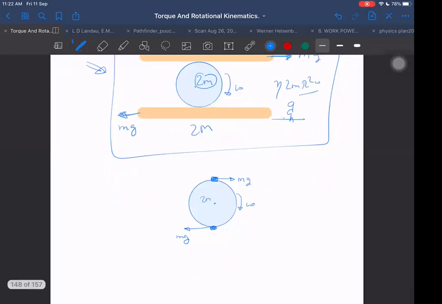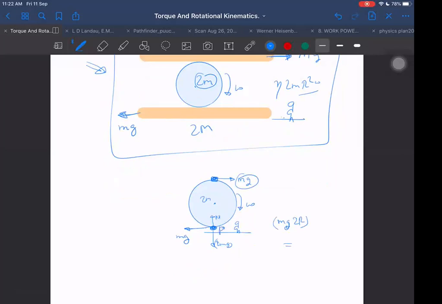What do we get? We get mg into, I will take torque about the bottommost point here. Then torque due to mg will become 0, otherwise also torque is cancelling due to N and mg. So torque is only remaining due to this small mg here. Yes, due to N and 2mg, it is already cancelling each other. So due to small mg into 2r, small mg into 2r is the torque, and that torque is equal to net moment of inertia into alpha about point P.